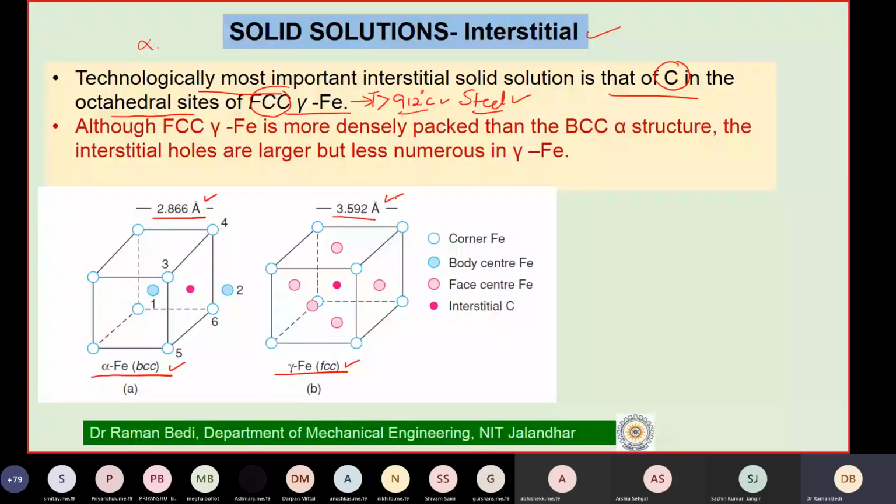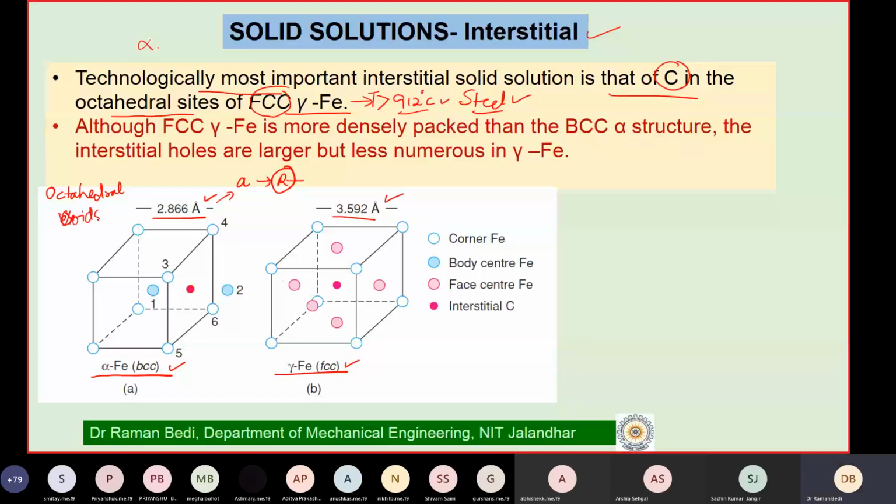And we can very well understand how we have calculated that. This is calculated based upon the relationship between a, which is the lattice constant, and R. We already have established that R is the atomic radius. What you observe here is that in a BCC unit cell, this is the location of the octahedral void. So we are actually trying to show the location of only the octahedral voids. It's just an example.